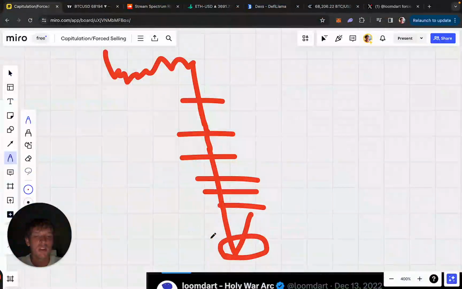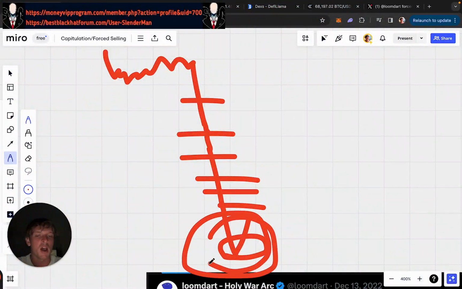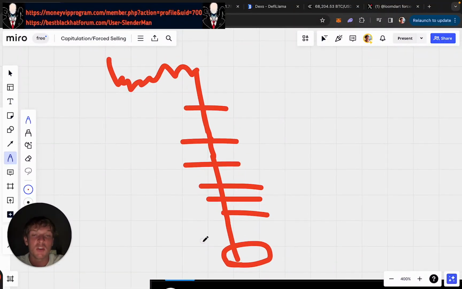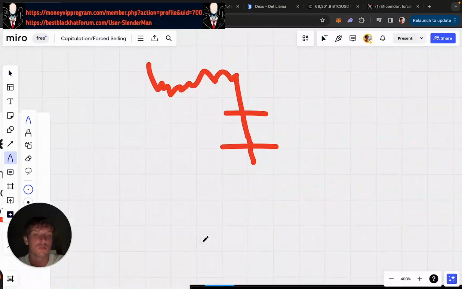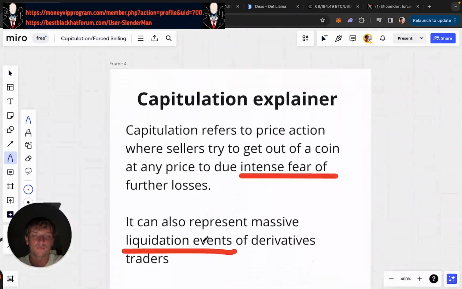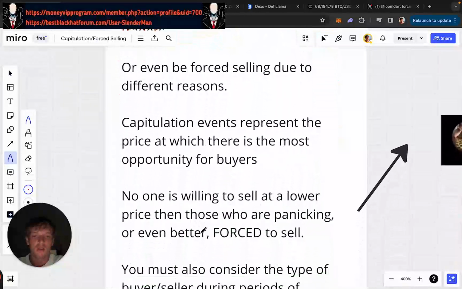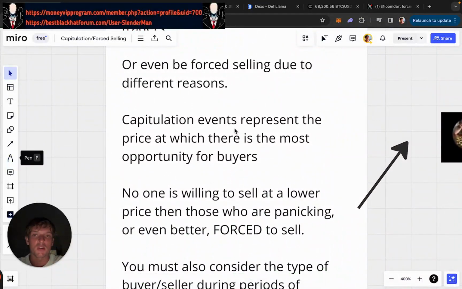And at this point here, like this rough region is where we want to buy. It's after that forced selling, that liquidation, that capitulation has occurred, and we use tools to measure this, okay? So why is capitulation the bottom? Well, capitulation is